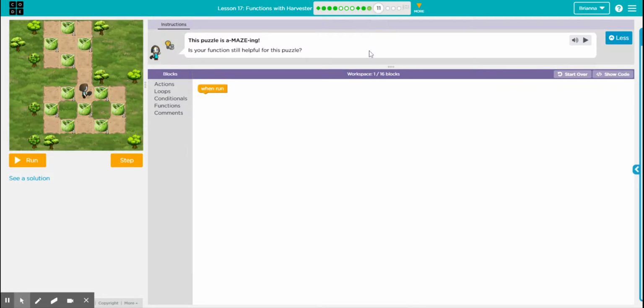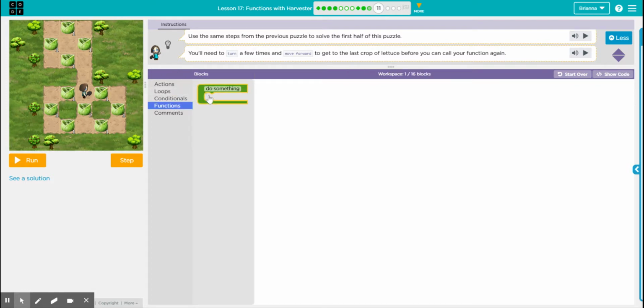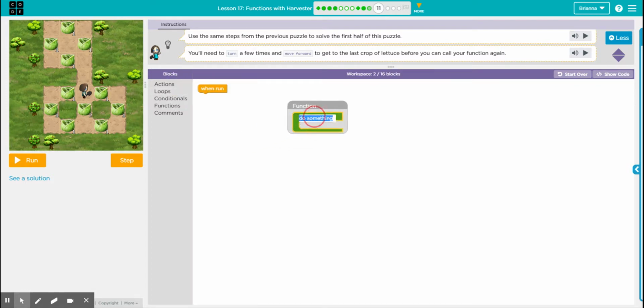All right, is your function still helpful for this puzzle? I don't know. Let's see if it is. Use the same function you made in the last couple. All right. Use the same steps. Okay. And you'll need to turn and move forward to get the last crop of lettuce before you can call your function again. So let's start down here. Let's make our function. Again, a function is just like a set of instructions, so we don't have to type all this stuff every time. So we want to do get lettuce, and get lettuce means move forward,